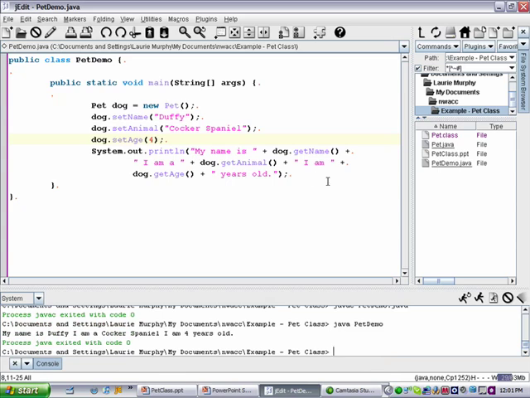Okay, and now let's test. So that tests all but our birthday method. So let's go and call the birthday method here. And notice we don't pass it anything, it doesn't return anything, but now when we print the dog's age,